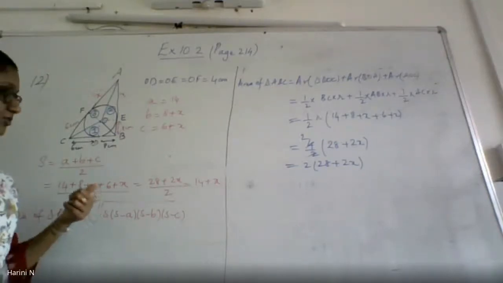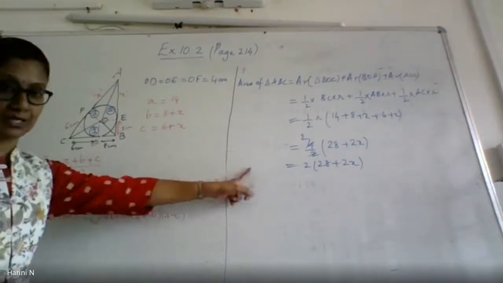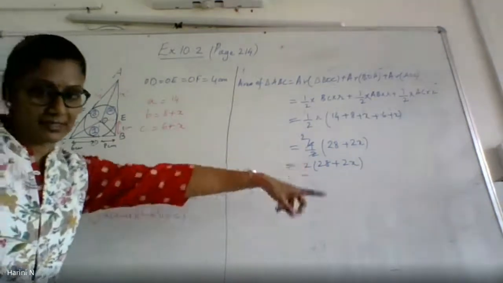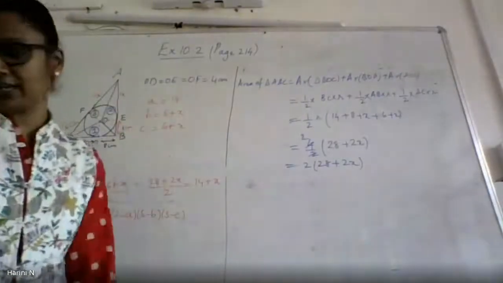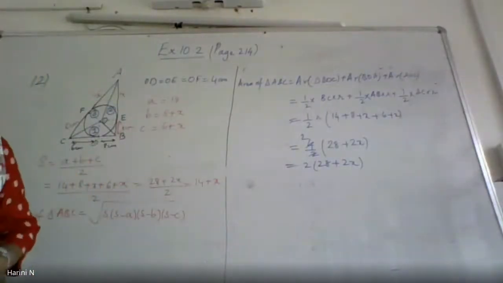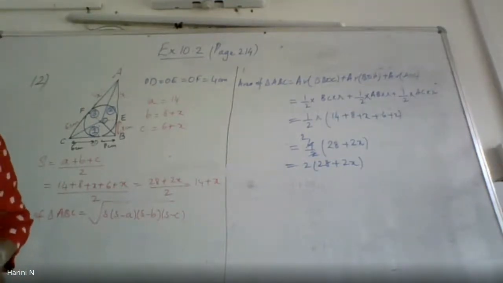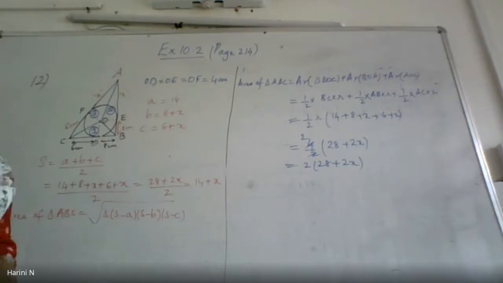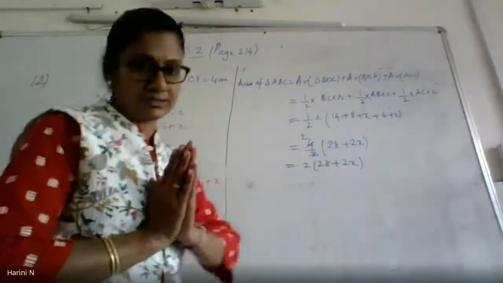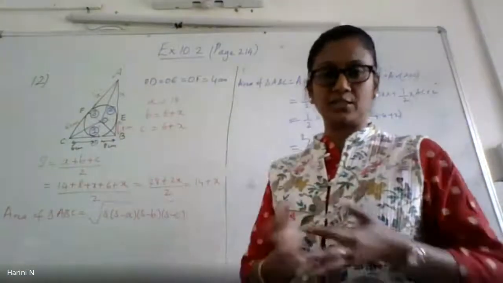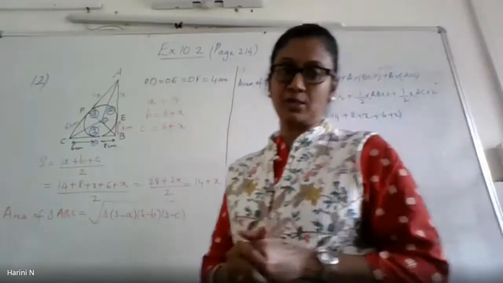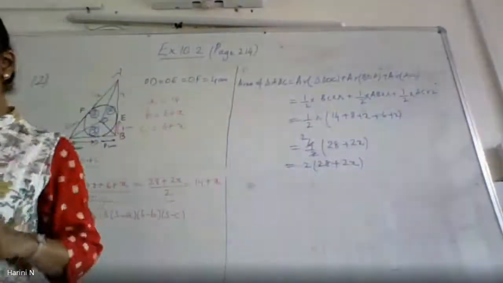You must be wondering, the square root is there, madam, what do I do with it? Square the left hand side and the right hand side. And then solve the equation to get the value of x. So you will be getting a quadratic equation which you know how to solve. So solve the quadratic to get the value of x. Here, I am not going to do all those simplifications. You should be able to complete it. Once you complete it, you can post it in the group for the benefit of those who are not able to do it on their own.